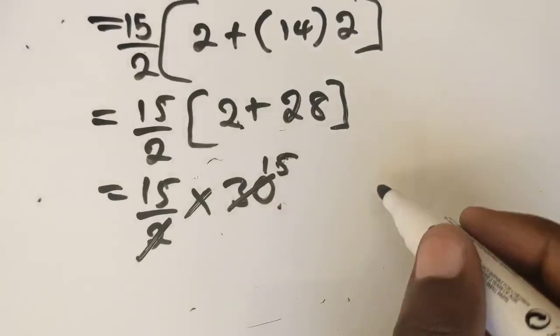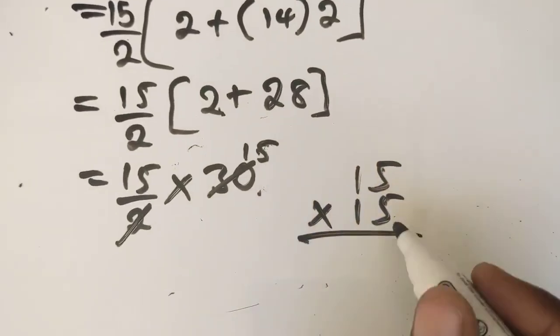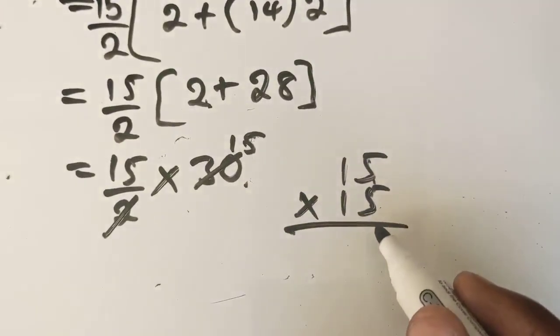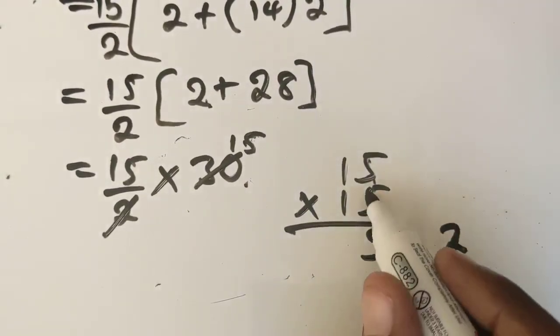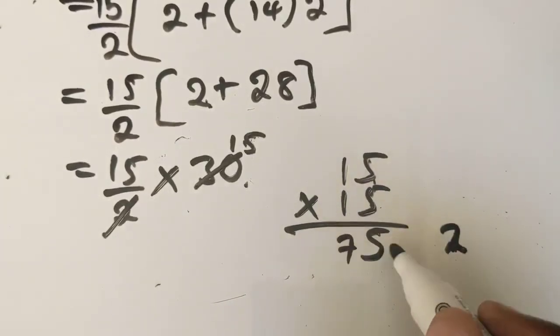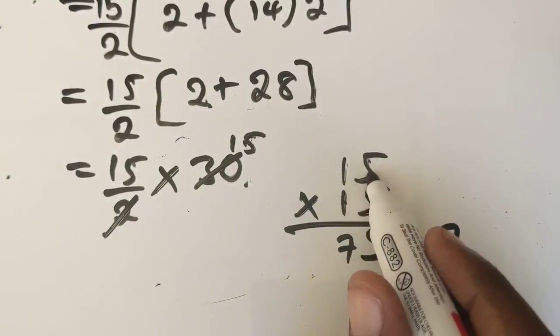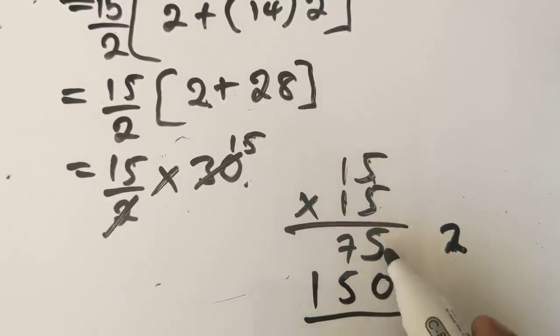So what is 15 times 15? 5 times 5 is 25, so you put 5, carry 2. Then 5 times 1 is 5, plus 2 is 7. Then 1 times 5 is 5, put 5. 1 times 1 is 1. So that is 0. Here you put